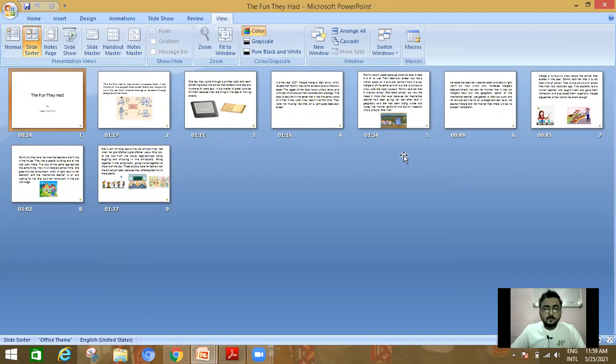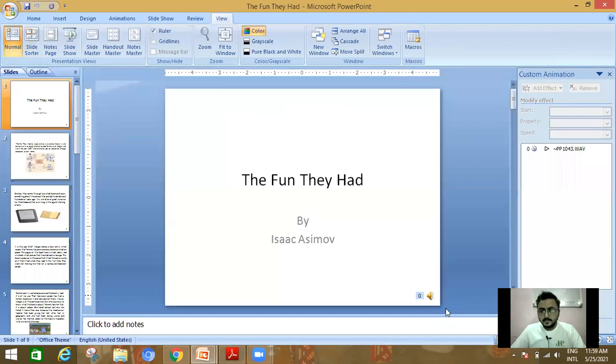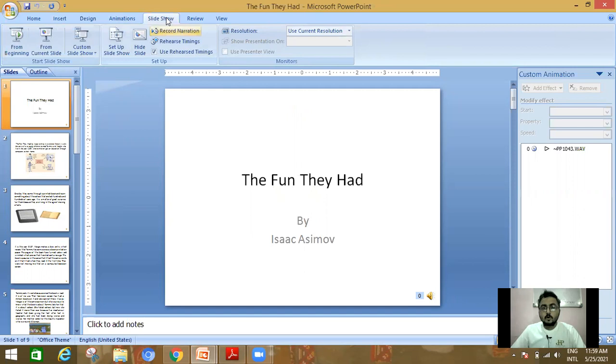Click on normal view. Here you can see that a volume button appears. In this slide, I have recorded my voice through the slideshow option. Go to the slideshow tab. Here you will see record narration.